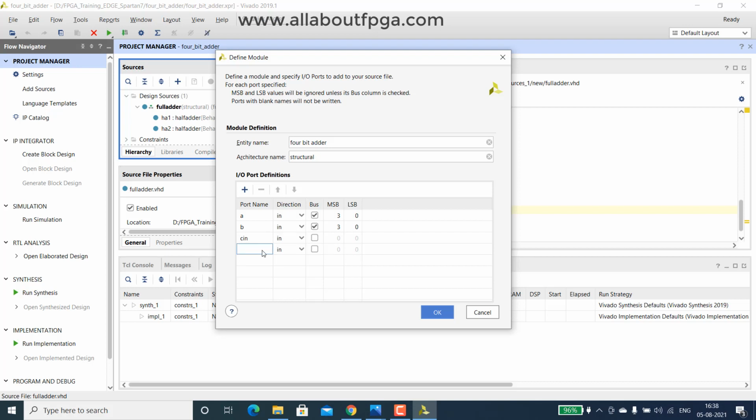Again sum will be an output of 4 bits, that is 0 to 3. Then Cout will be an output of a single bit. That's all. Finish.